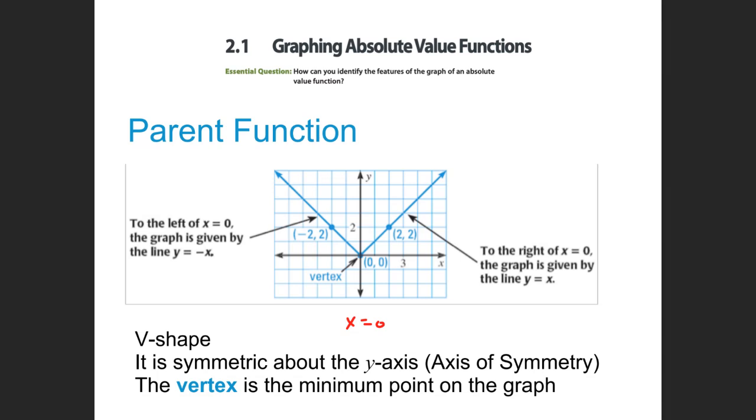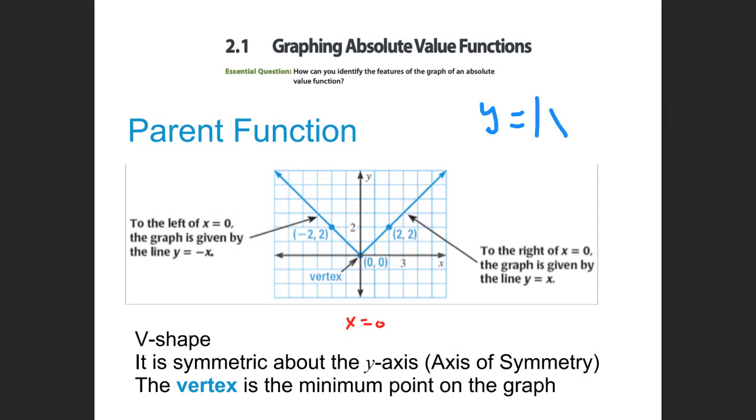Last week we talked about parent functions. We talked about the parent functions of an absolute value function, a quadratic, a cube, and also a square root. A parent function is just the very simplest form of that function. So if we're talking about the absolute value function, and that is written this way, y is equal to the